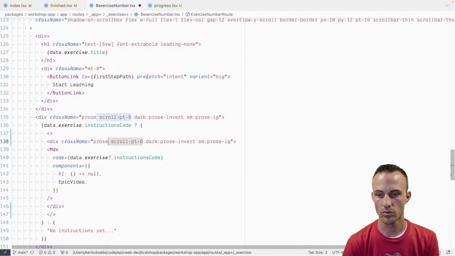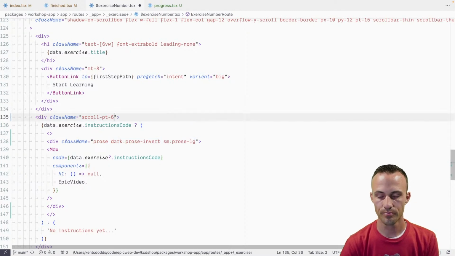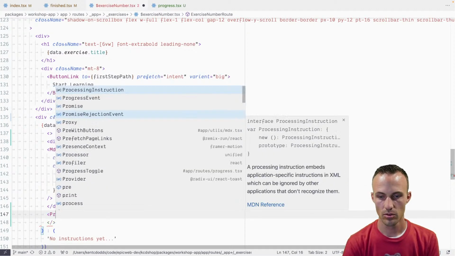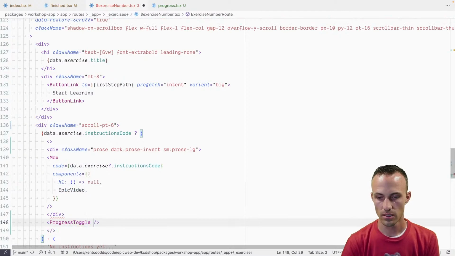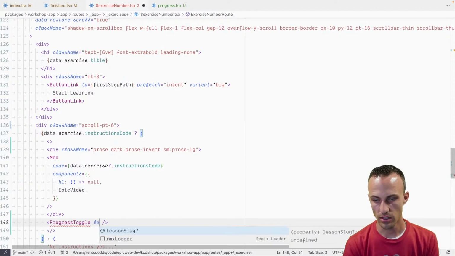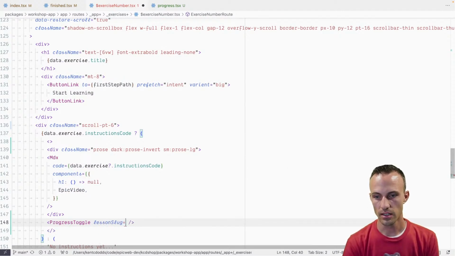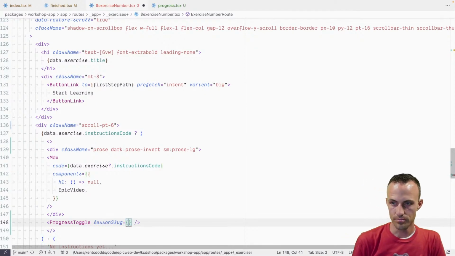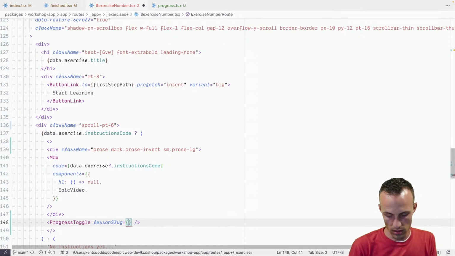Can't remember what the scroll point 6 is thing, but we'll keep that up here. Progress toggle. Okay, so this one is going to have a lesson slug, and that lesson slug is going to be for